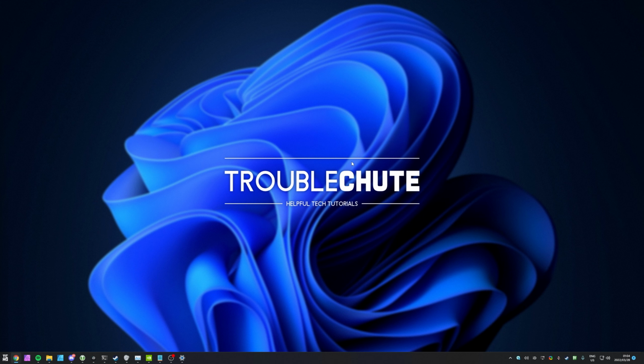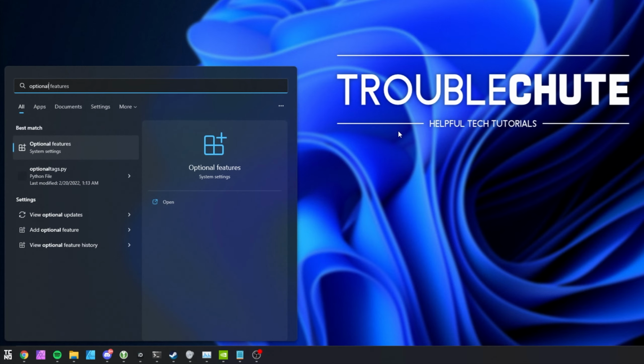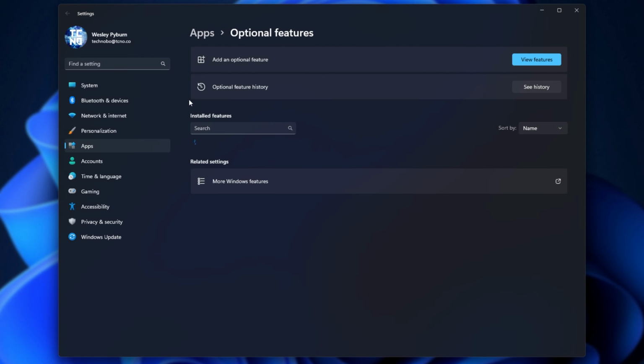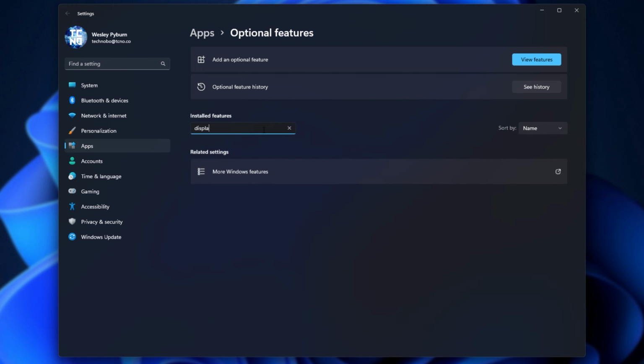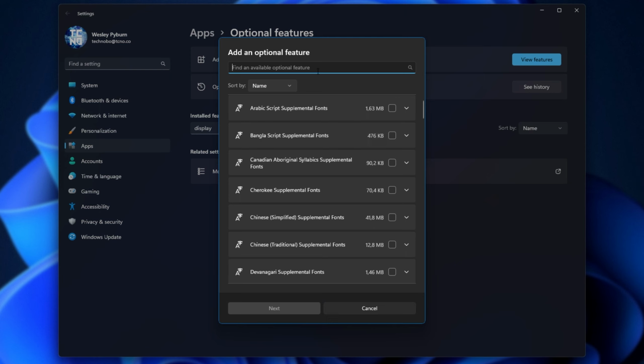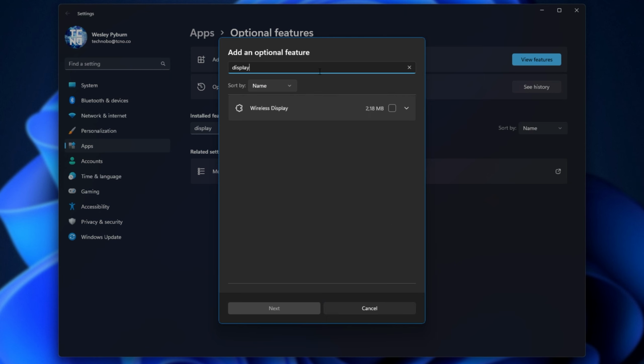In order to get the Connect app, simply hit Start and type in Optional. We will be heading into Optional Features. In the App section, you'll see the Optional Features button on Windows 11, and on Windows 10 it may be in a slightly different place, though searching for it should get you right where you need to be. When you're in this list over here, you can search for already installed features, and we're going to look for Display. If you don't see anything like this, simply click View Features next to Add an Optional Feature, or something about adding a feature. Inside of here, we'll search for Display, and we'll tick Wireless Display, then we'll hit Next